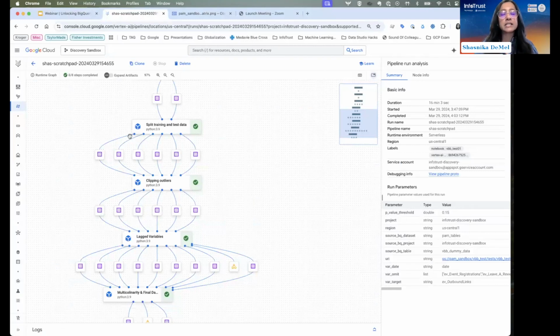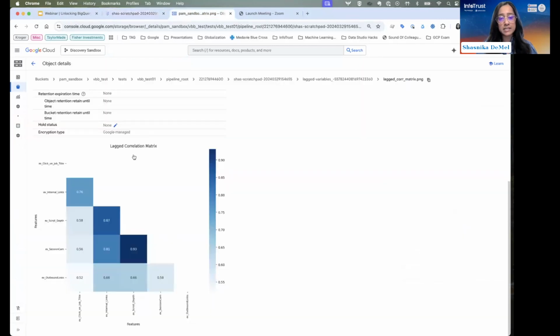And what you can see is that when you build this within Vertex AI, there are certain key outputs where you can start seeing the outputs of your trained test data, for example, or any other charts that you want to make sure that you're constantly evaluating your model's performance. And an example of that is, let's say you want to build a correlation matrix.